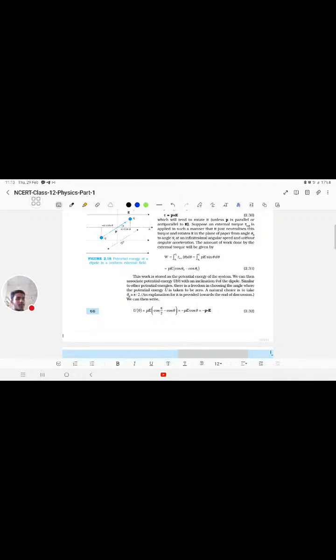which means that the potential energy stored in this particular field in changing the configuration from pi by 2 to any other configuration is going to be equal to minus P E cos theta. Yes, so why have we taken pi by 2 to be the configuration perpendicular? Basically that is